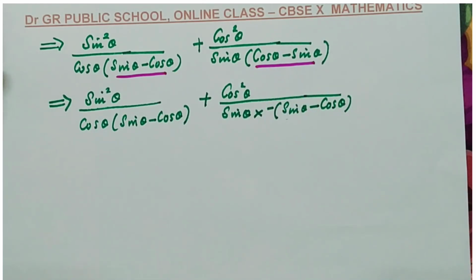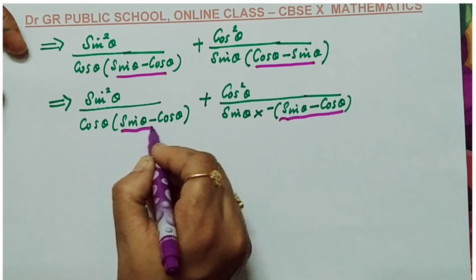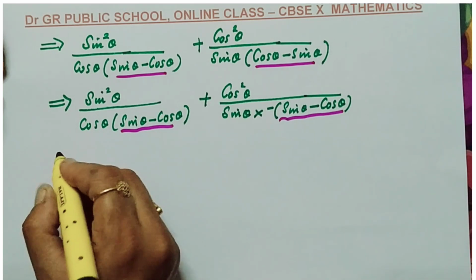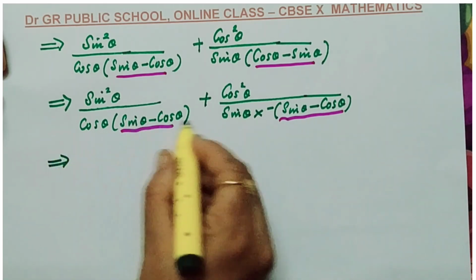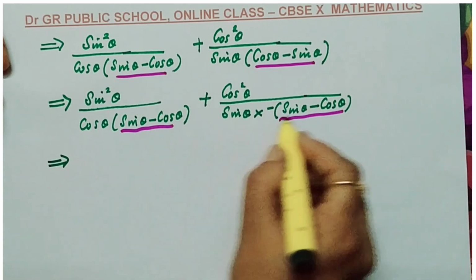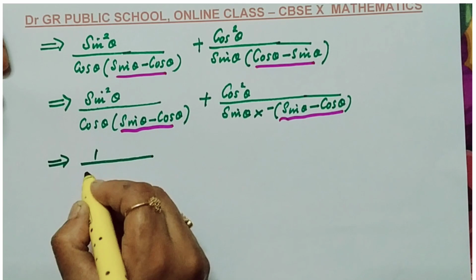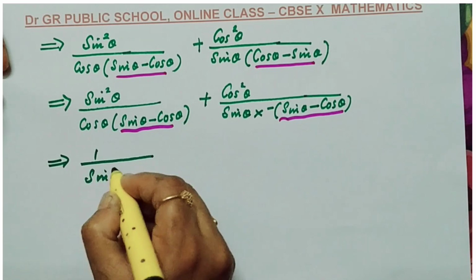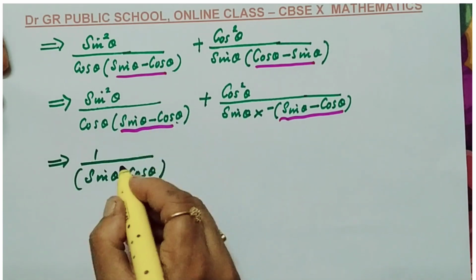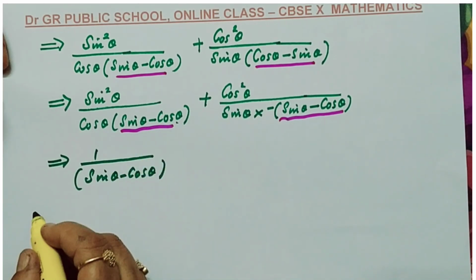So why did I take a minus common outside? Because sin theta minus cos theta we can take common outside. I am going to take common outside, which implies from these two terms I am going to take the denominator with the sin theta minus cos theta in the denominator. So need to take the common factor as 1 by sin theta minus cos theta. Why? Because sin theta minus cos theta is in the denominator. So I am going to take these two terms as common factor.